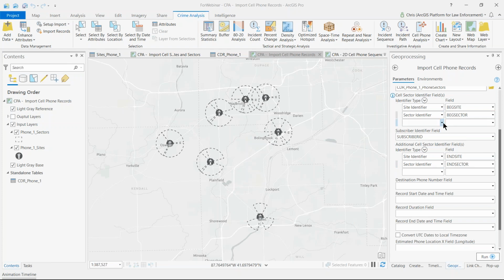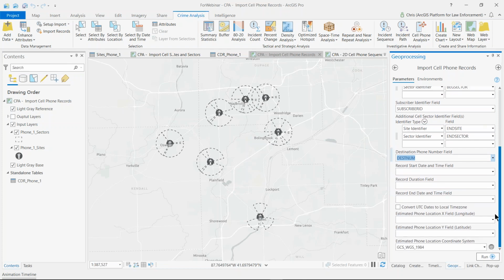And you may find that carrier to carrier, or if you're looking at a broad scope of data that's kind of national, if you're looking at a target that was moving around from state to state to state, that you may run into that kind of problem, and you're going to need to identify that combination of fields that represents a truly unique ID. So just getting back to this tool, we've got our destination phone number, and then we're going to identify